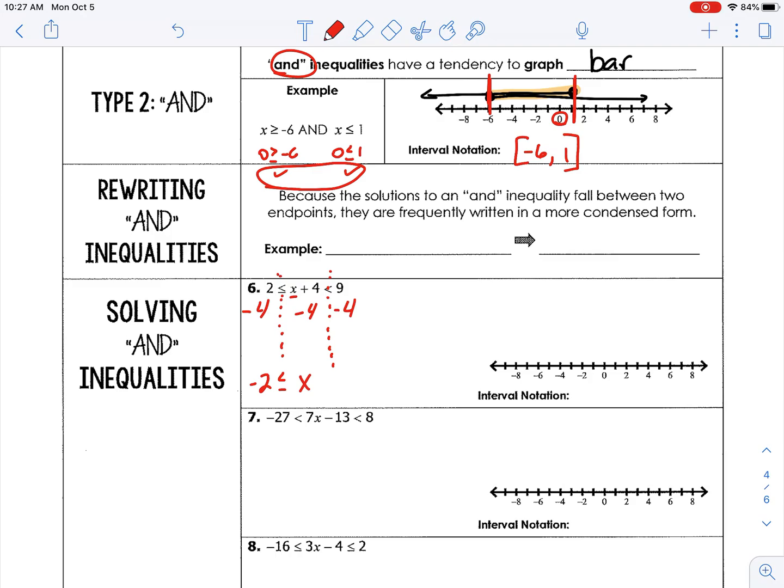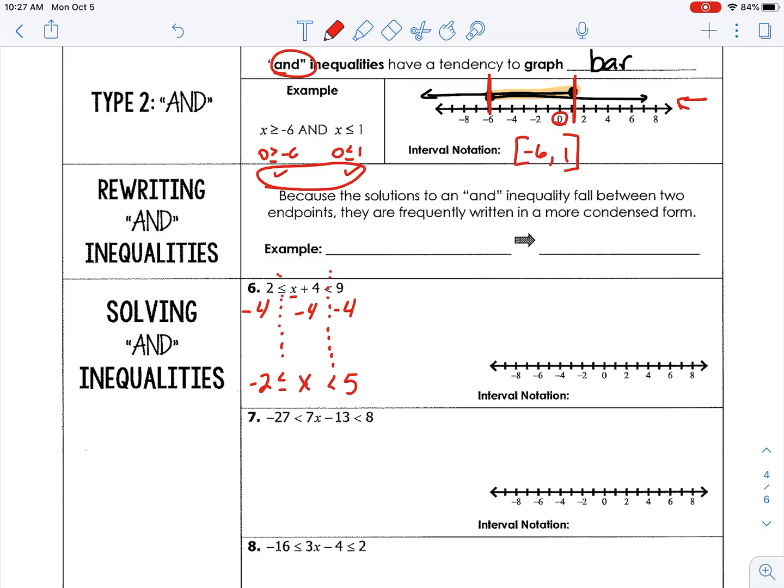X is the only thing left in the middle. And then 9 minus 4 is going to give me a 5. So that's what we have. So instead of writing the two interval things like we did up here, this is a compound from the start. So we know that x is, so this is written backwards, and that's the funny part of this,